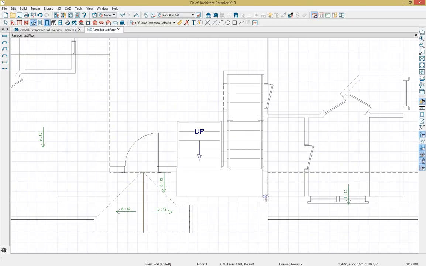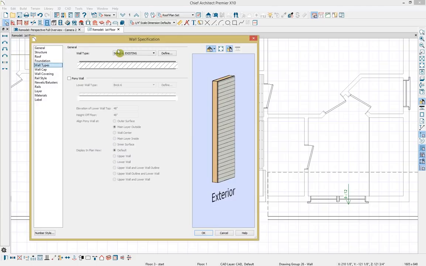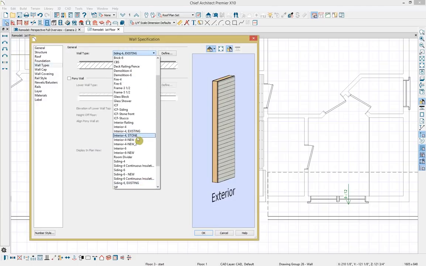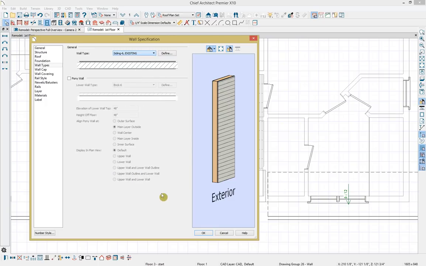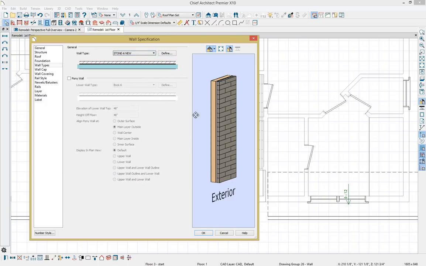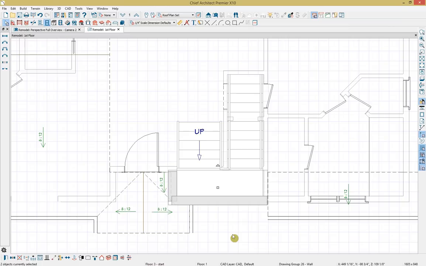I'm going to come right where this connection is, click to create the break, and I'm going to hold down my control key to select both of these walls at once, open them up, and under wall types I have a stone 6 new option. Select OK. Then I'm going to copy these walls